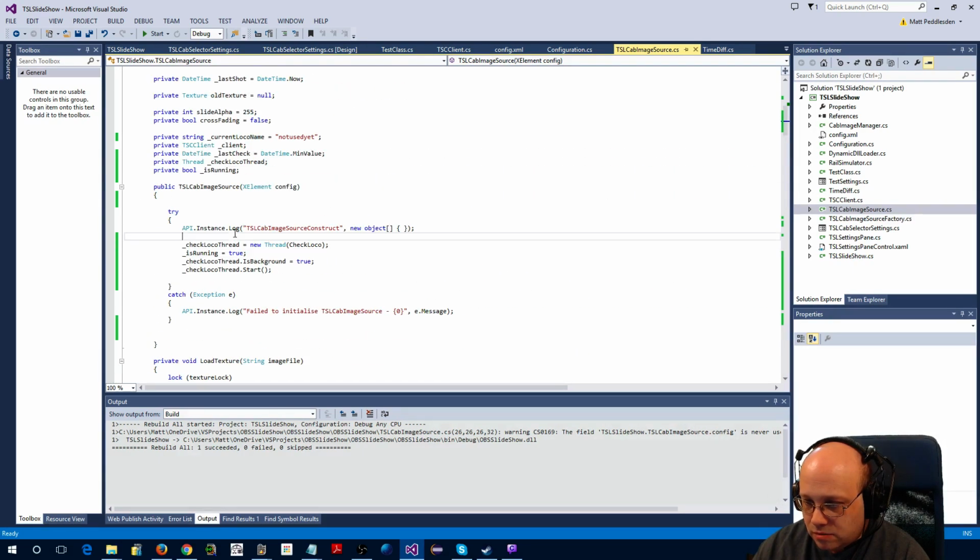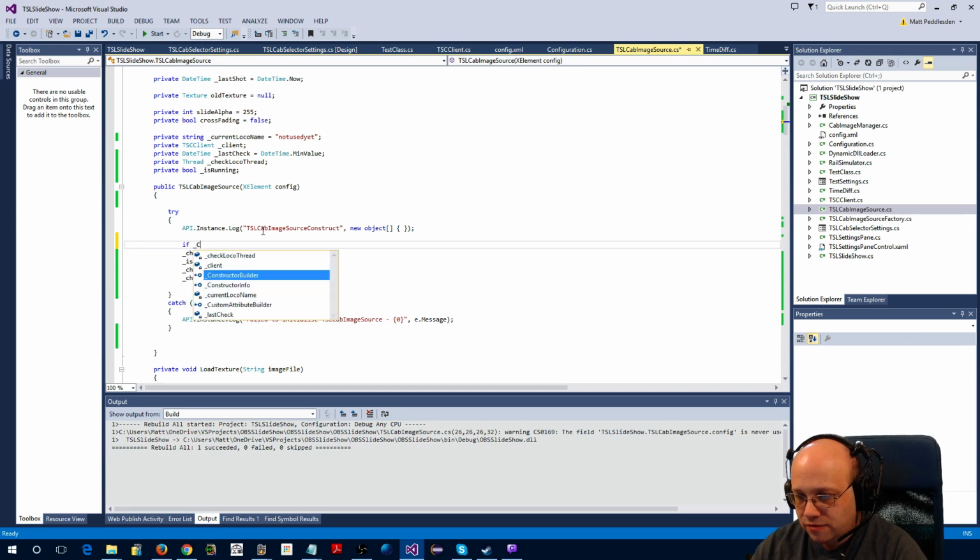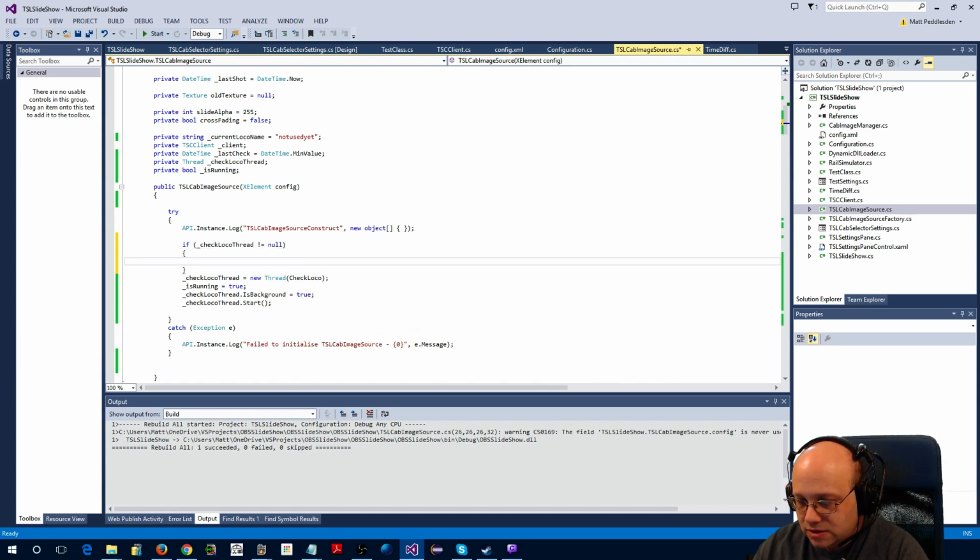What I think I will do is in here, if check loco thread not equal null, which means it's already running, then check